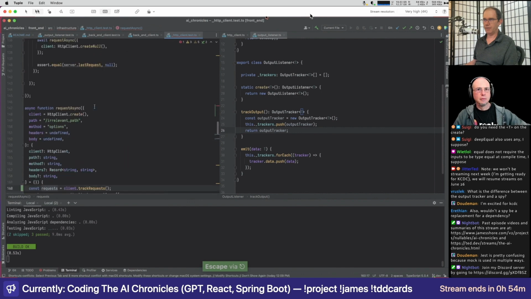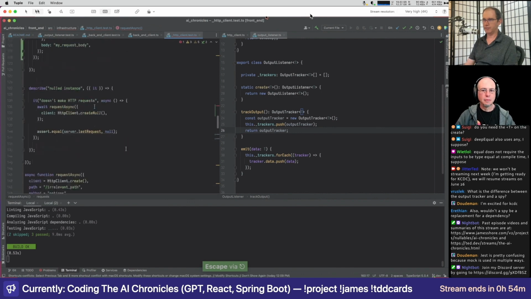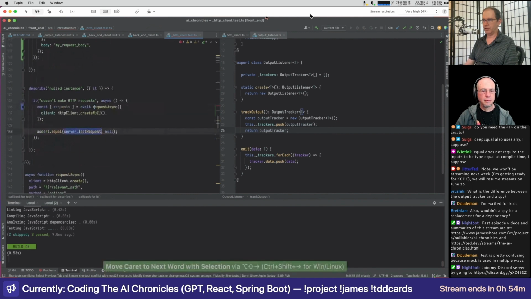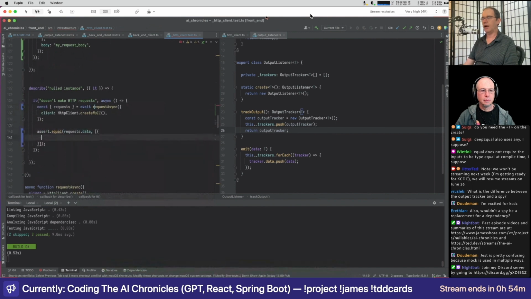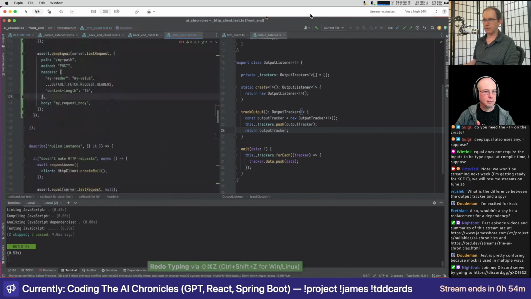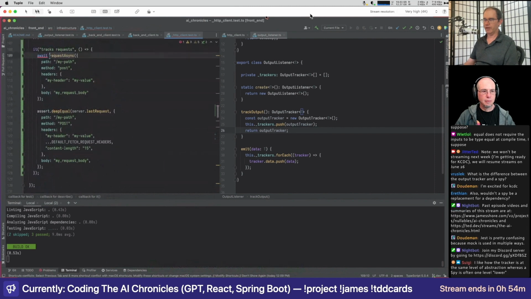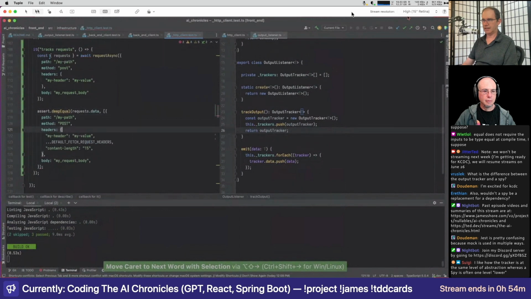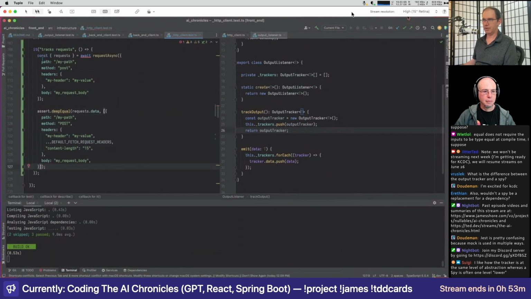Then back up here, we'll get those requests. And then we'll assert those requests are exactly. Oops, I'm in the wrong spot. Here, get those requests. I'll assert that the requests are, we get exactly one request of the exact same shape. Path of my path, method of post, and we need to